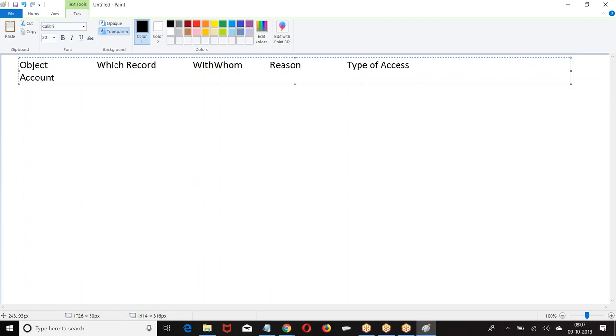Account. Which record are you sharing? With whom are you sharing? I can share the record with a user or a group. Group means I can share with a role, I can share with a role and subordinates, I can share with a public group. The record can be shared with a user, role and subordinates, or a public group. So I can share the record with a user or group ID. Reason for sharing, I will give the reason as low cost. Type of access, if it is account.